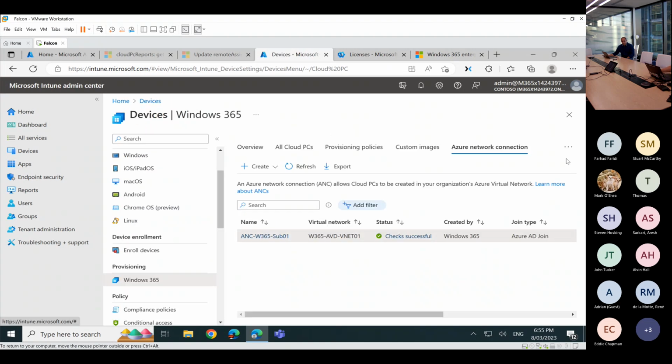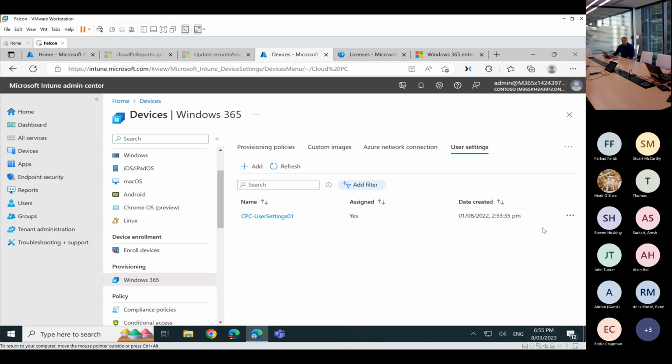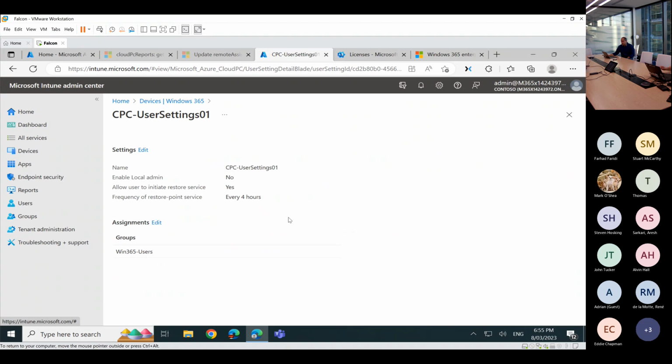Moving on to the next slide is the user settings, which essentially calls out another big decision that you have to make around admin access, whether you want to offer admin access to your users. And according to me, you should not start with admin access. You should leverage Privileged Identity Management inside Intune to offer admin access on a need-by-need basis, rather than offering admin access out of the box to everyone.